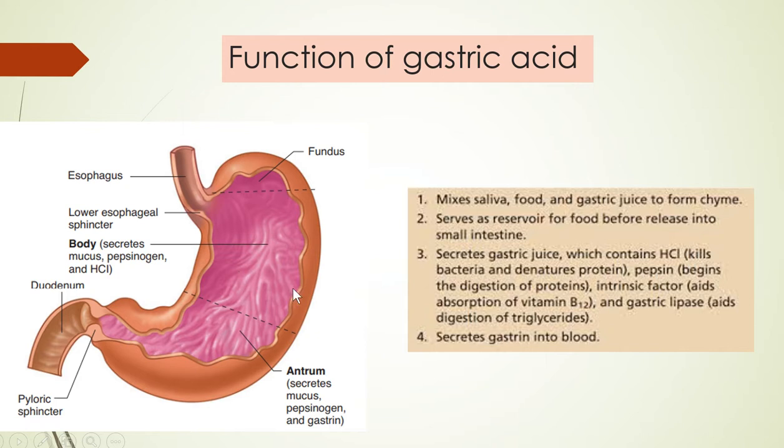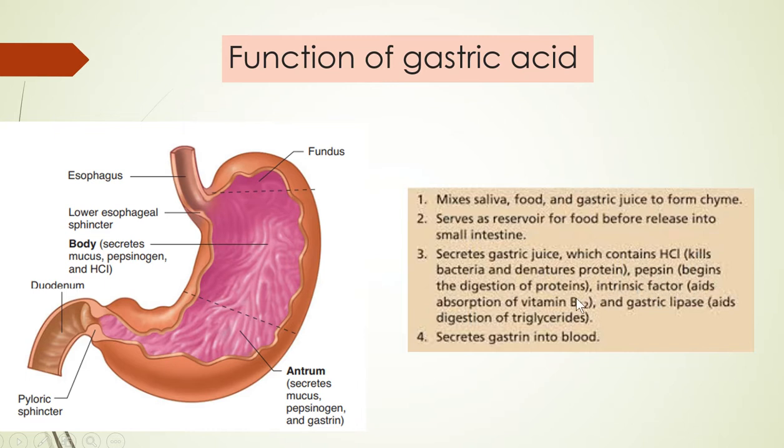So gastric juice, if we say, contains HCl. HCl, obviously this is antimicrobial, right? If any microbe we are taking with food, then that will be killed in the stomach only. Then protein digestion: it basically denatures protein. All the tertiary form of protein we are eating in food will be converted into primary form, right? Smaller molecules. Then gastric juice also has pepsin. Pepsinogen is the inactive form, which is converted into pepsin by HCl, which helps in protein digestion.